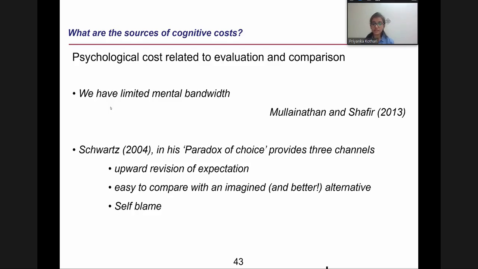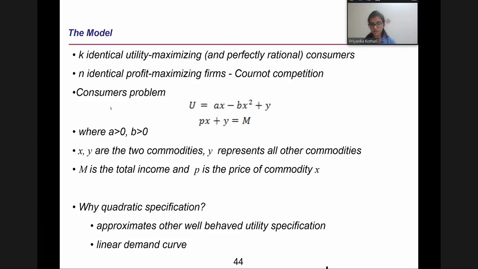And also the fact that there were many choices, we have an upward revision of expectation that there might have been a better product. The better product must have been better than what I have picked. So these choices do impose a cost from biological and psychological source. So what we try to do over here is that we firstly model consumers, but we try to firstly establish the traditional economics result that welfare is maximized with competition, and then we try to introduce cognitive cost, and then we see if the result remains the same or not.